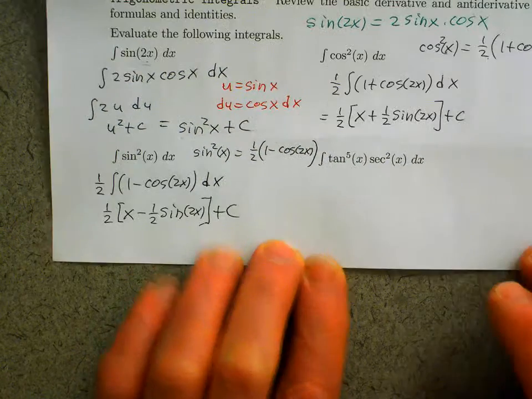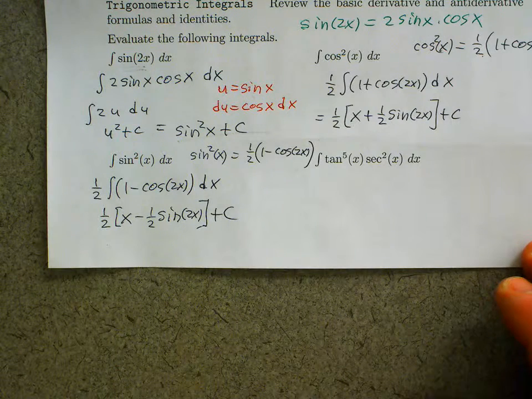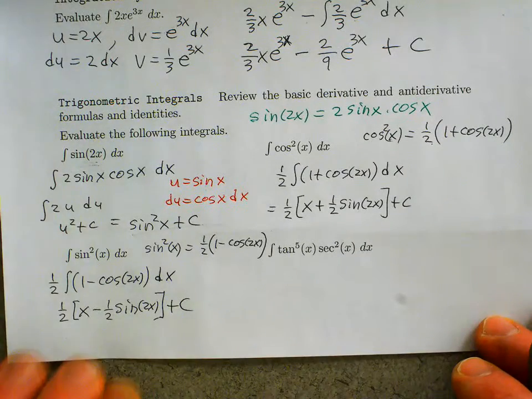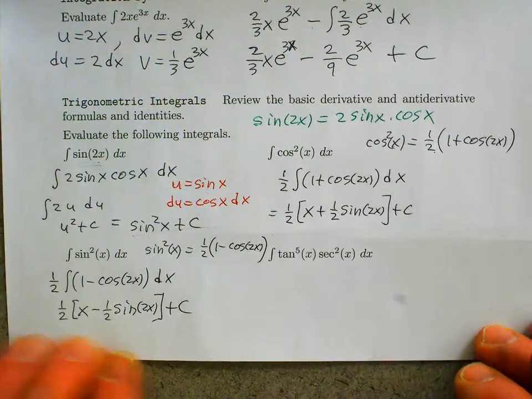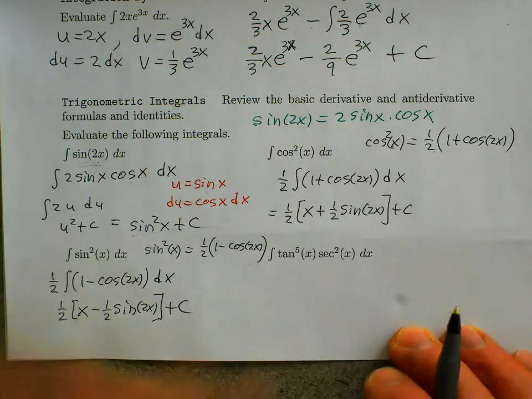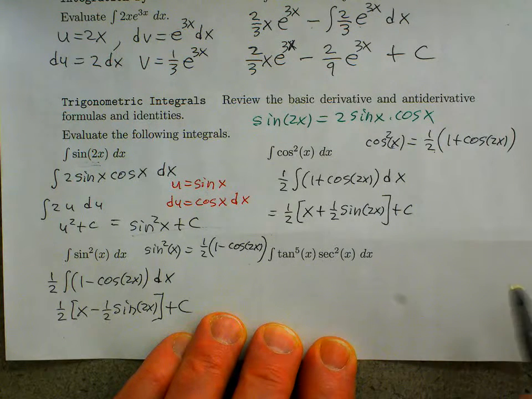Okay, the next one, the indefinite integral of tangent of x to the 5th times secant of x to the second dx. Anything come to mind on this one? The antiderivative of secant squared is tangent. Yeah, secant of x squared is the derivative of tangent of x. So using u substitution,